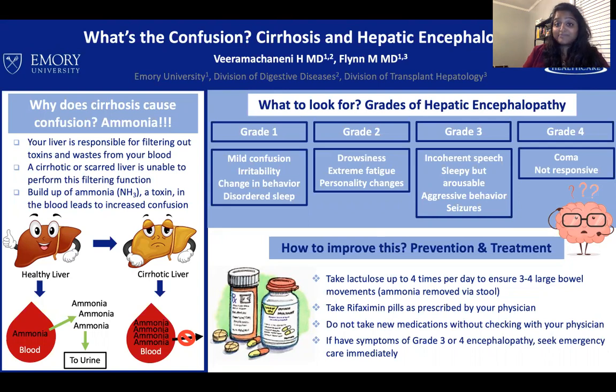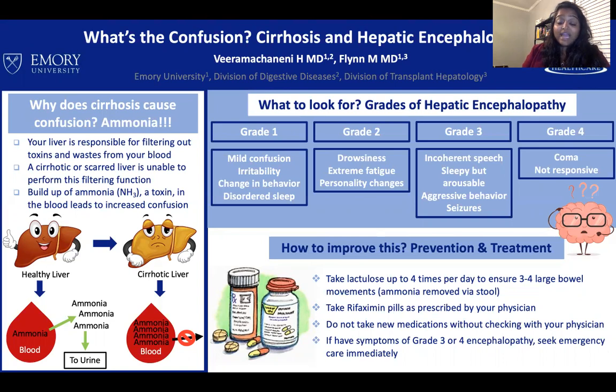up around your brain. So, in a healthy liver, as you can see, the ammonia from your blood is taken out, broken down, and you urinate out the byproducts. But in a cirrhotic liver, that ammonia is not able to be broken down, so it stays in your bloodstream, leading to confusion. And so, how do we note the severity of the confusion or the severity of the hepatic